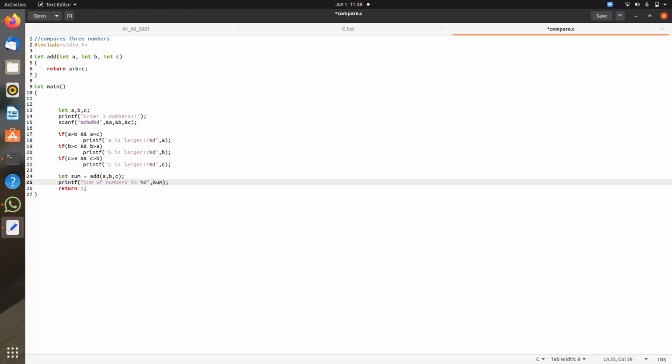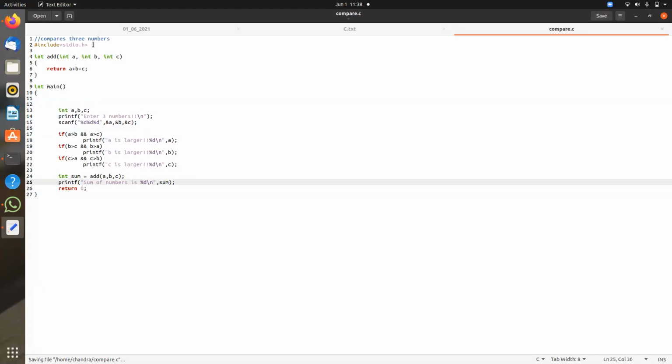We will add slash n also here so that it goes to the next line. Last time we forgot to add the slash n. If you want, you can add it, otherwise we can remove it. By adding slash n, the output looks good, and the next output comes on a new line.